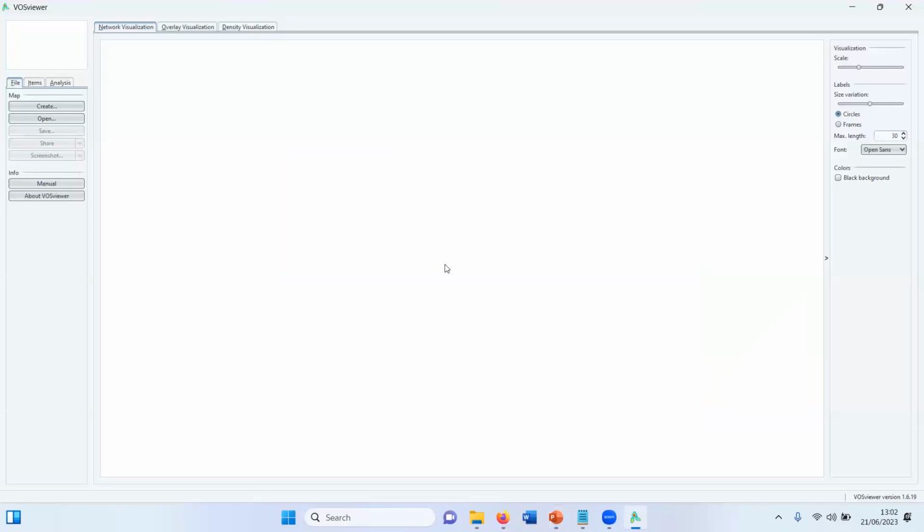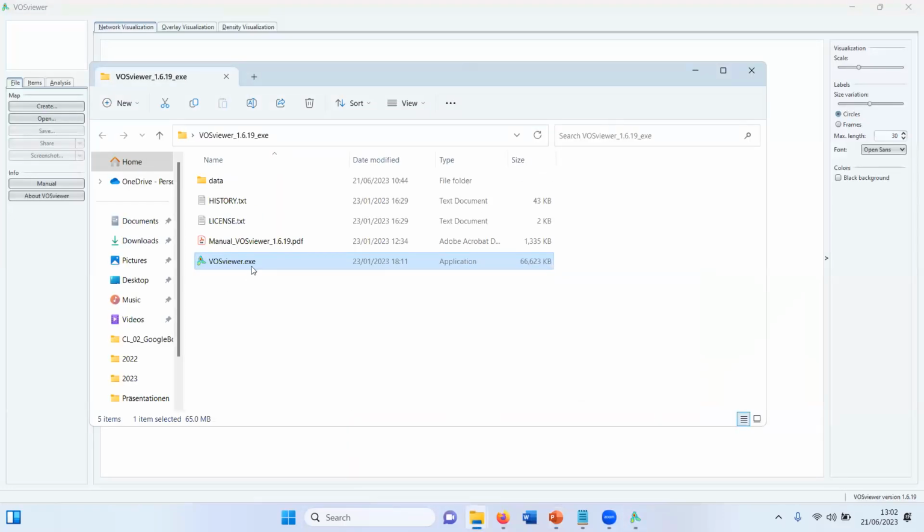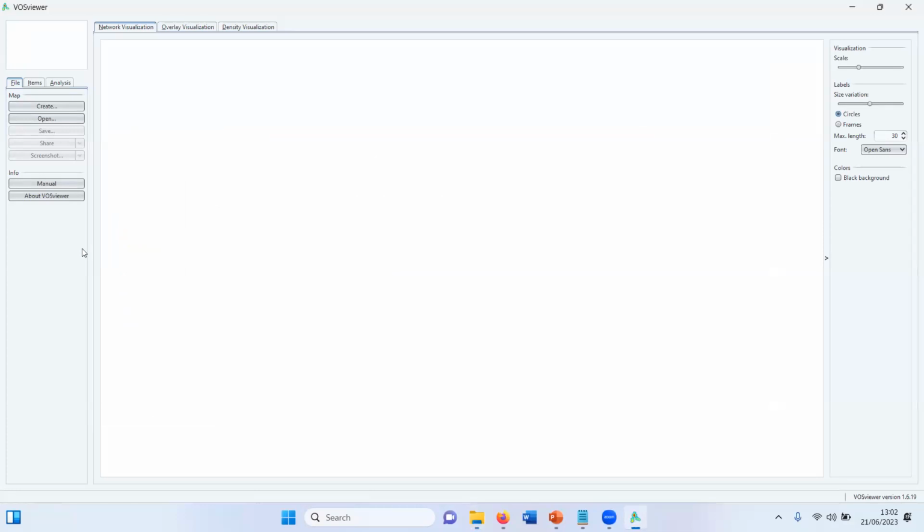So I first show you the desktop client. It comes in a standalone exe file. If you're using Windows, you don't need to install it. You can just run it anywhere. And it also comes with an extensive manual where all the functions are explained in detail. So when you open it, there's a blank window, and I can quickly populate it.